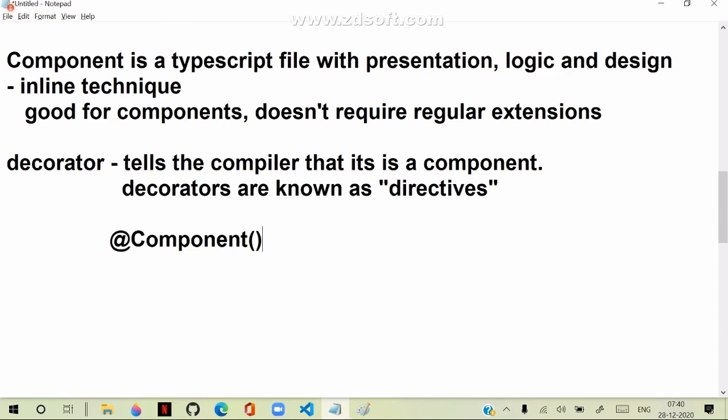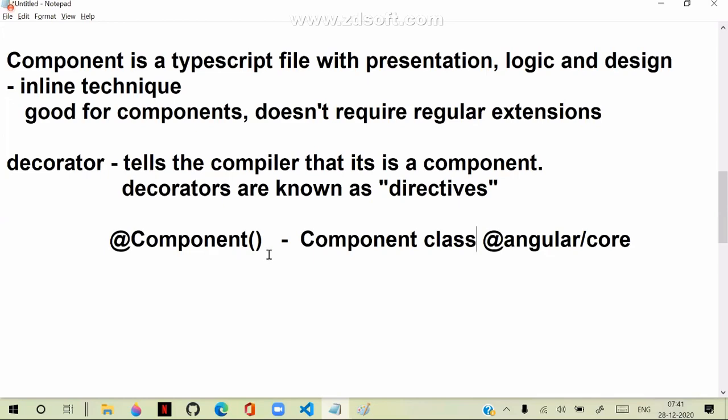This Component directive is present in the Angular core library, and it is derived from the Component base class. All the components in Angular are derived from the Component class, which is present in the Angular core library.